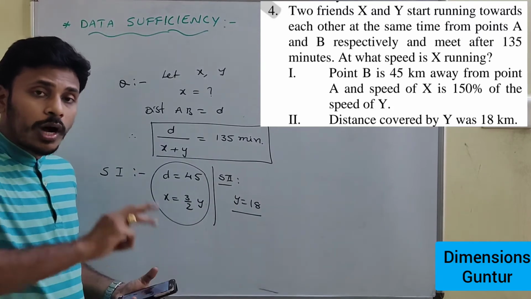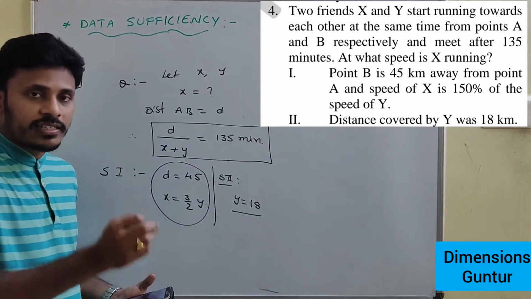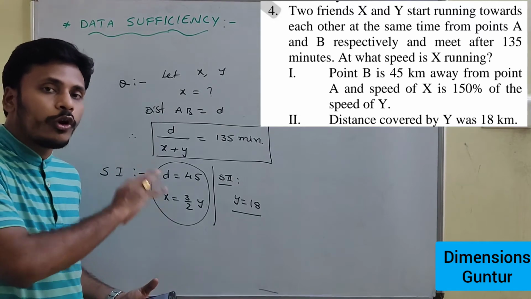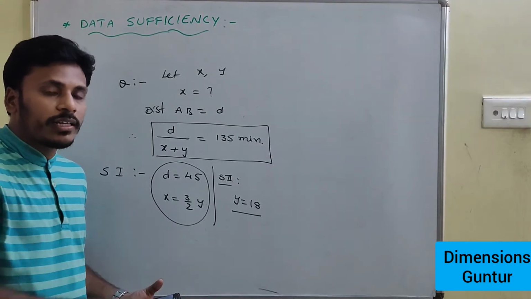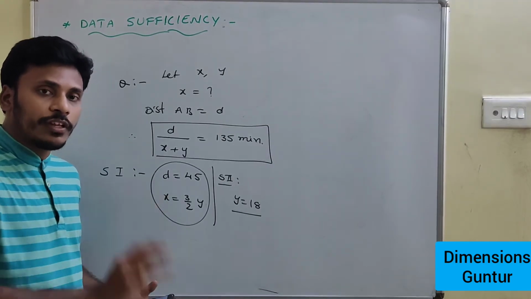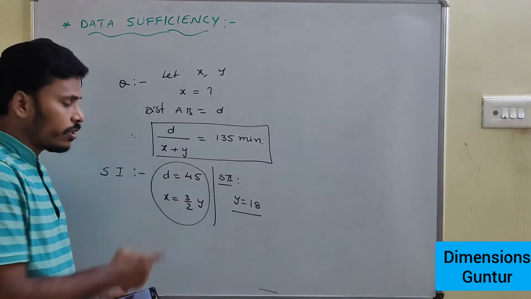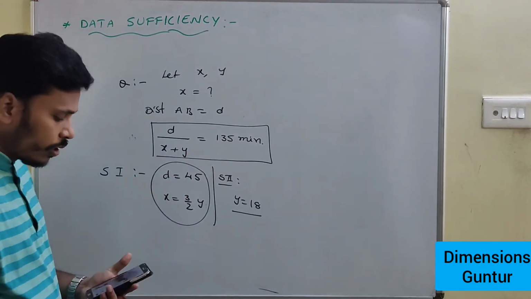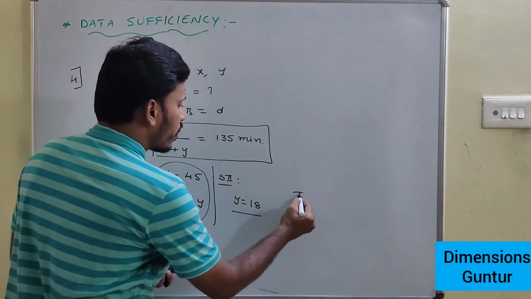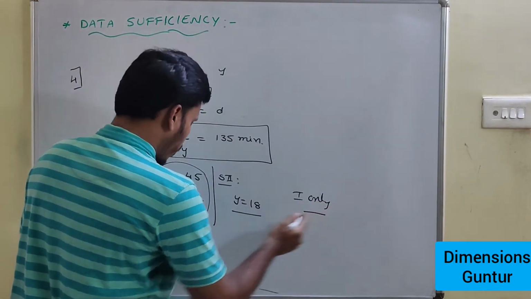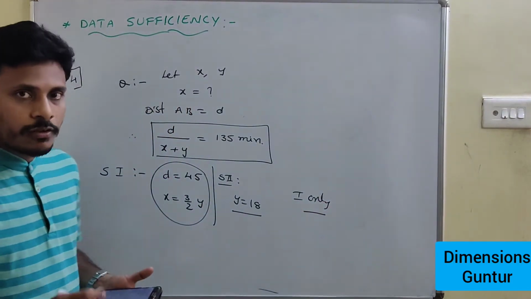So at the end, to find out three unknowns, or at least x, you are going to solve the problem. To find three unknowns, we need three relations. One relation is there in the question, second and third are there in statement 1. So for this problem your answer is statement 1 only is enough to answer the question, and that's the fourth problem.